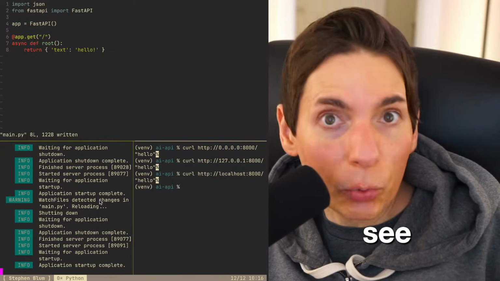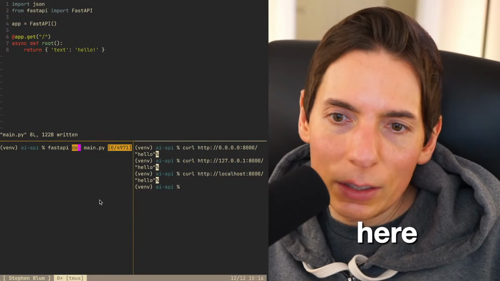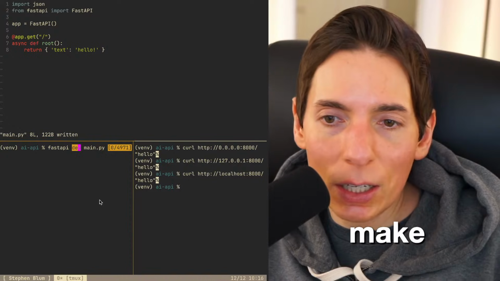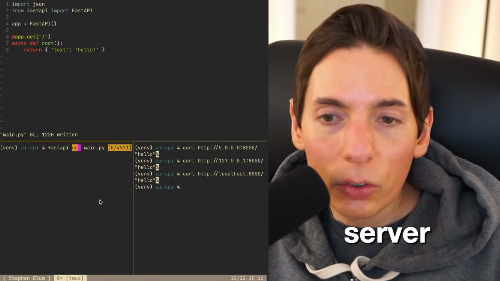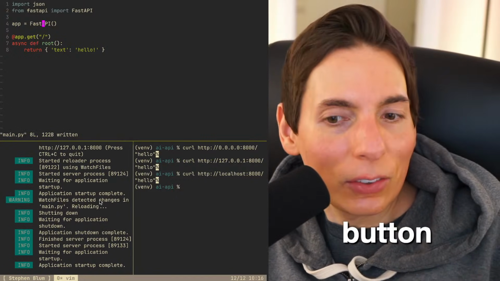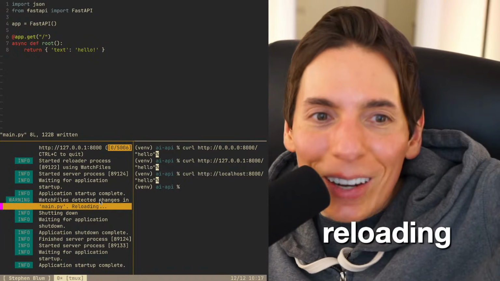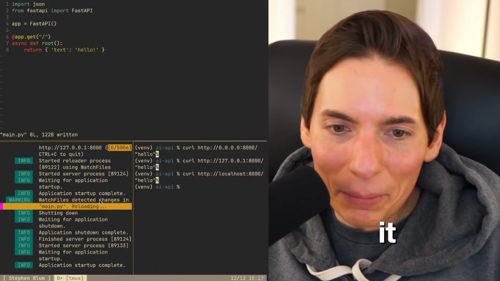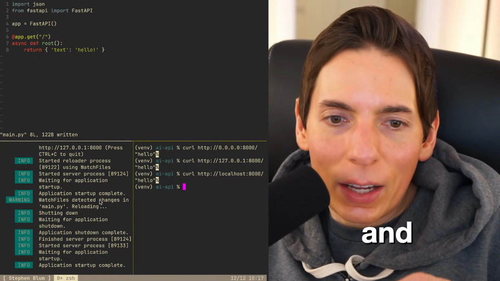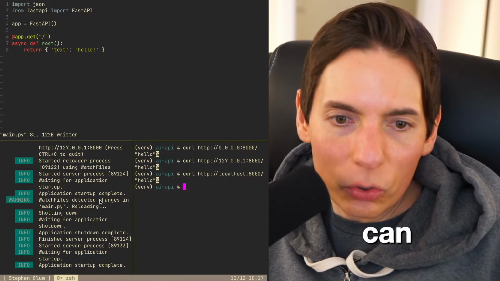And as you can see, since we're in dev mode, see how it says dev mode right here? Dev means it's going to be watching your file for changes. Every time you make a change, it'll automatically reload your server so you don't have to. So we'll click the save button. As you can see, it said it reloaded right here. You can see that it says reloading. There we go. And I'd say it's using something like a data library that we can use to serialize the